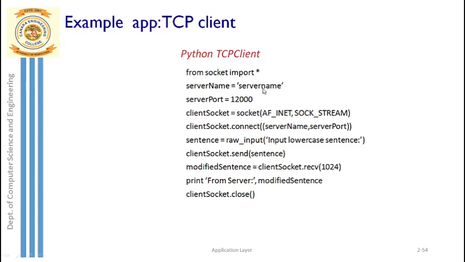The host name or the IP address of the server or destination is included. IP address of the server, and the second one is the port number. So whose port number is this? The server's port number. Which socket's port number? Is it the welcome socket's port number or the connection socket's port number? It is the welcome socket's port number you include here. Why? Because first the client will be sending the request to the welcome socket only. So it is the welcome socket's port address that we require here. So 12,000 is the welcome socket's port address.